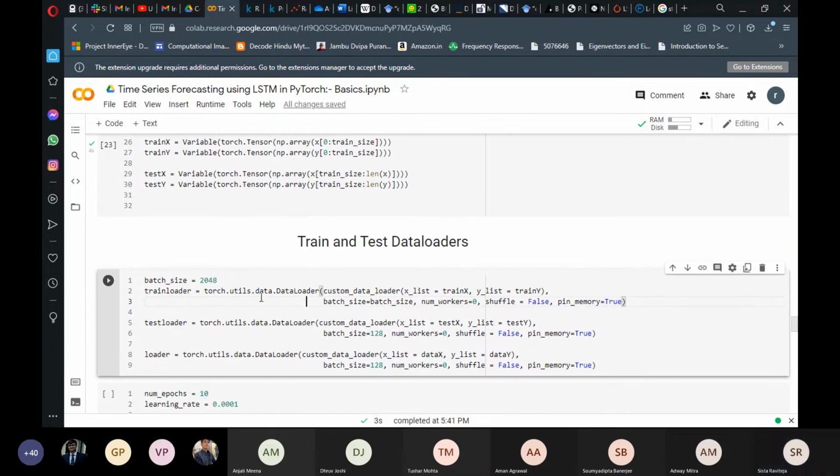For this DataLoader, what you have to give as input is your training features and your training labels or ground truths, which are what you want to predict. Then you have to give the batch size, and if you want to shuffle, you can shuffle it. Otherwise, you don't need to shuffle it. The rest are some miscellaneous things, which you can check if you are interested.